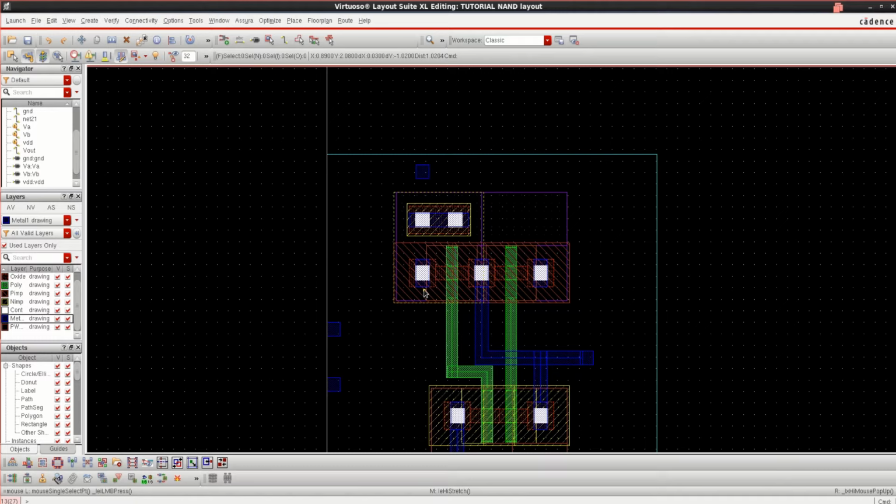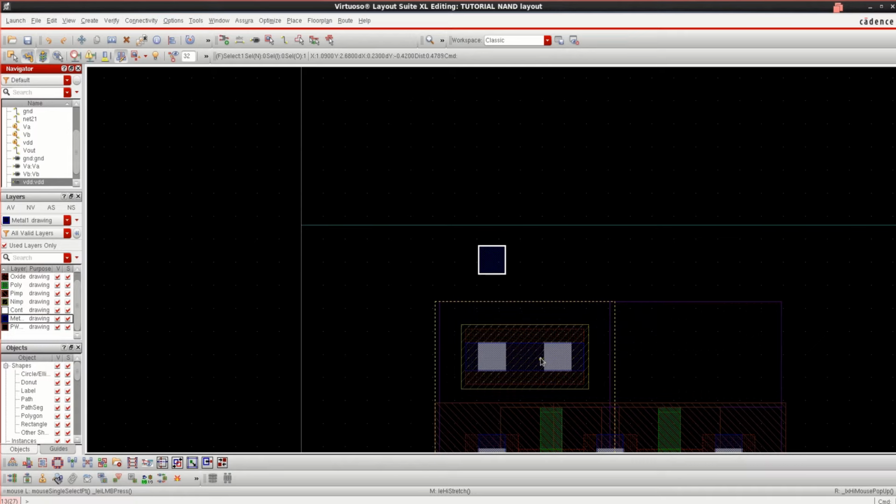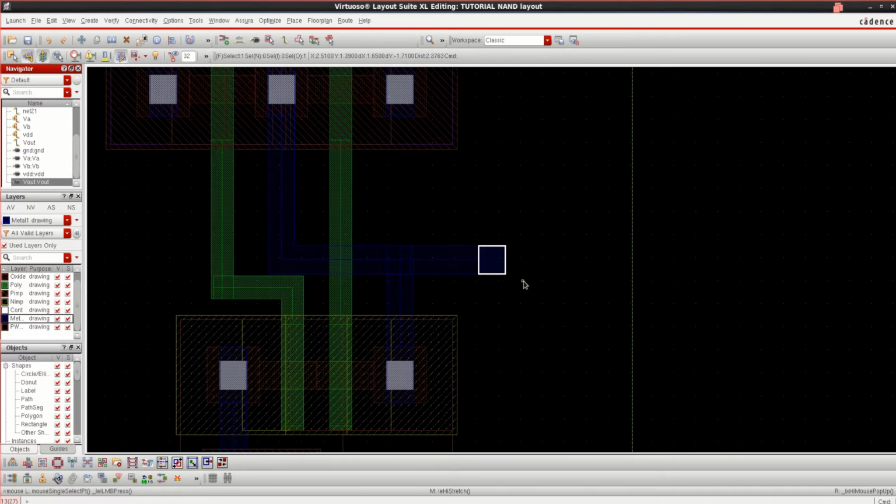If you see that circuit schematic, we require two sources to be connected. So for that, you can select the VDD option. See how the VDD is connected.